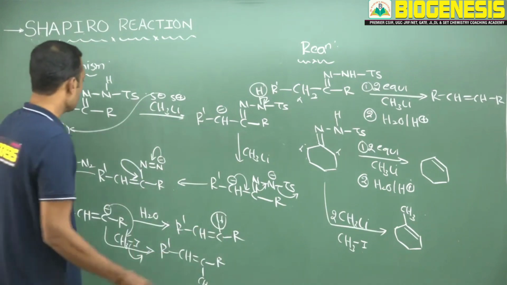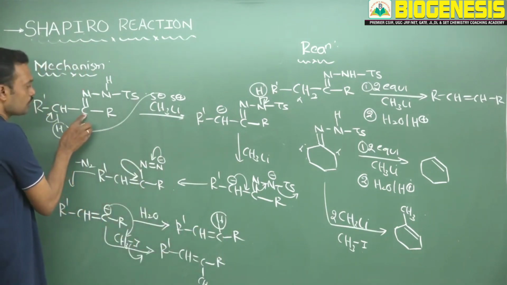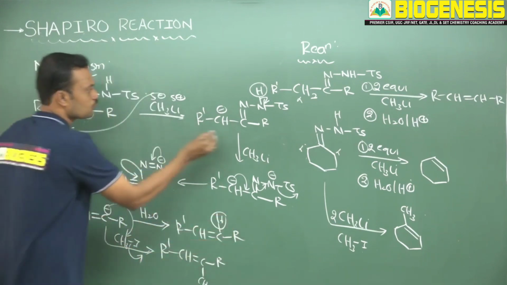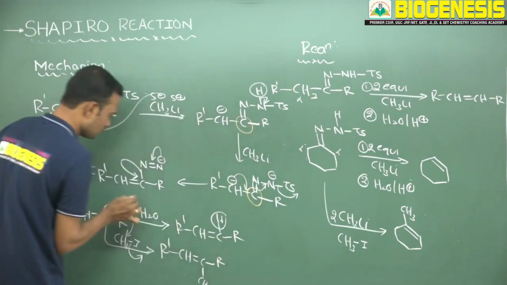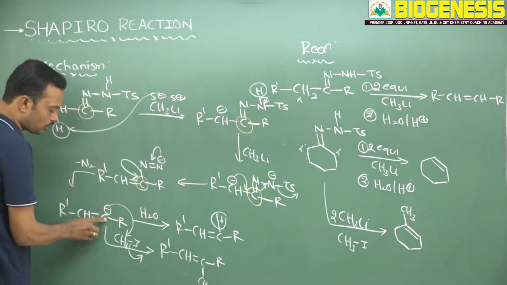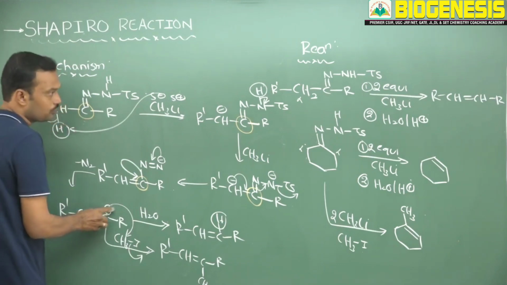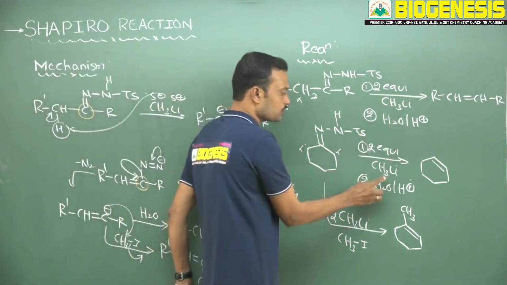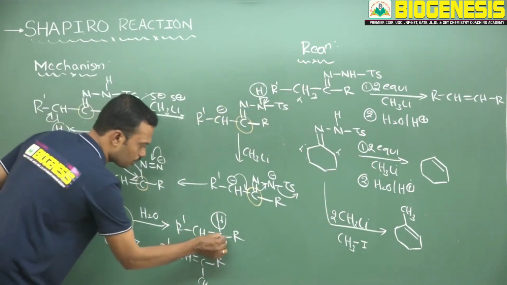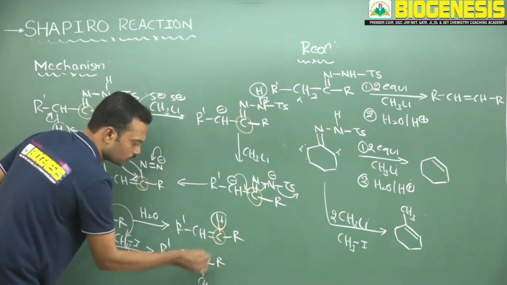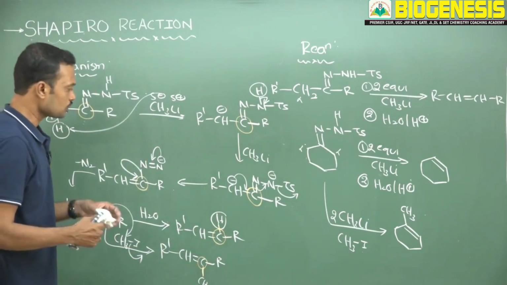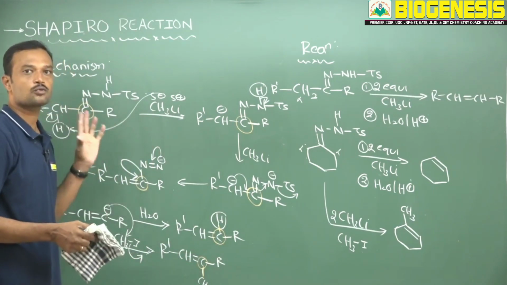So just concentrate here, this is the carbon which is responsible for converting it to an olefin carbon. See, this carbon you need to target. This is the carbon which is responsible here. See, it is carrying a negative charge. So the carbonyl carbon is now converted to a carbanion. On that carbanion only we need to substitute a proton, otherwise an alkyl group, which is responsible to give a new C-C bond. See, carbanion, and here also the carbanion takes this proton, the carbanion makes attachment with this methyl group now. Okay, that is called the Shapiro reaction. Always try to make the substitution at the alpha carbon.